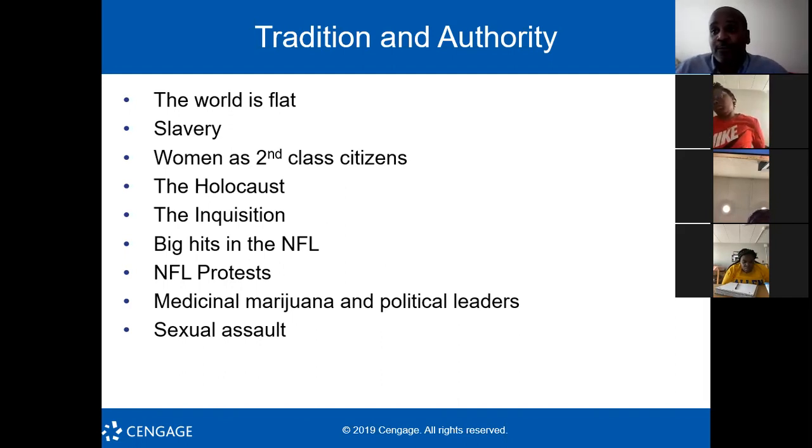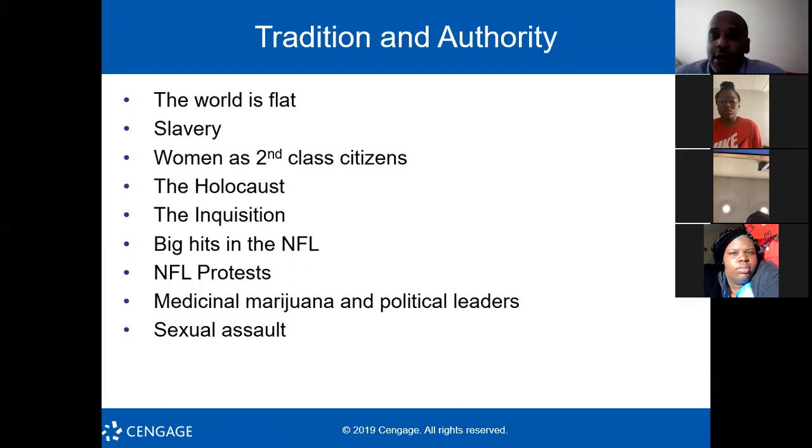It happens. So as opposed to tradition and authority being the source of your information or knowledge, who would I like to be the source of your knowledge? You. Don't take my word, don't take this person's word. You need to be the authority. Because sometimes people like the NFL will just tell you anything. Let's look at some other examples.